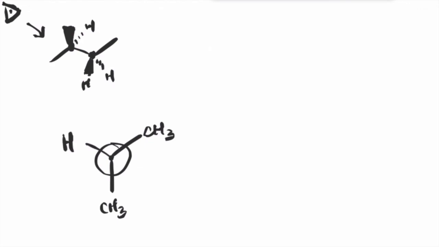So for my Newman projection, I draw my circle and my dot. The in the plane bond is pointing down, so I'm just going to point that down, and that's a methyl group. My other methyl group is a wedge, so it's going to be going to your right hand side. And then my other bond is to a hydrogen. Now from the back, my in the plane bond is pointing up, so that's going to be straight up. And then my other two bonds are two hydrogens, so both left and right are hydrogen.